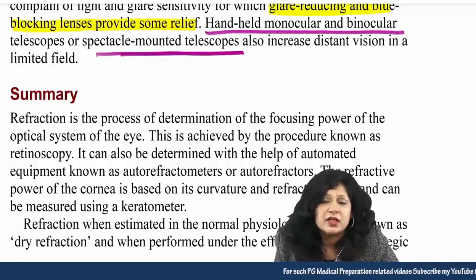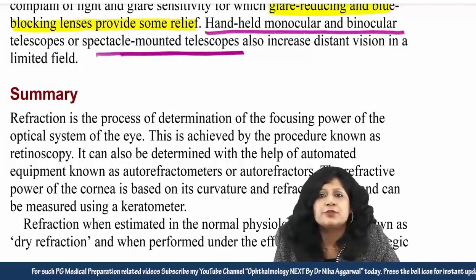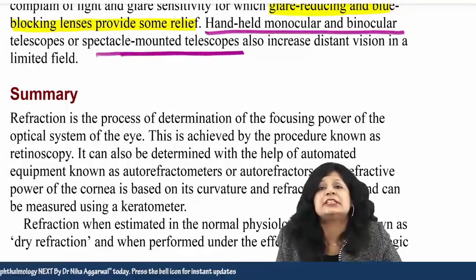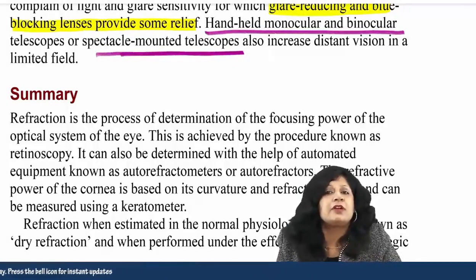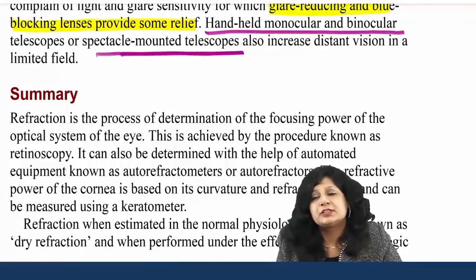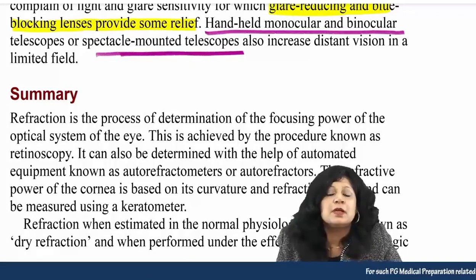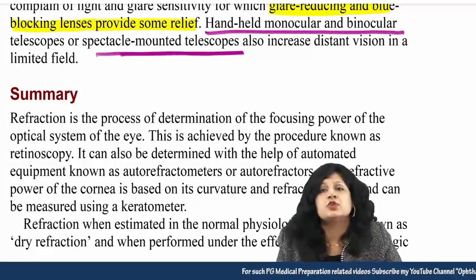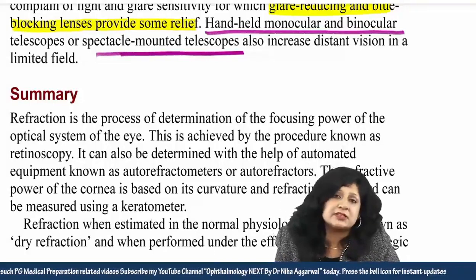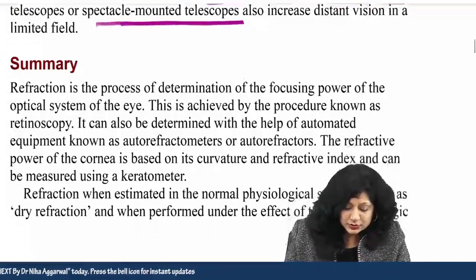So obviously, if you look at ophthalmology, there are so many things and so many diseases which are still untreatable, and a lot of research and work is going on in these fields. But still, with the present knowledge and the present scope, we have things called low vision aids which can help in the improvement of the vision of these people, but yes, they are not fully treatable as of now. So we have come to the end of this topic.